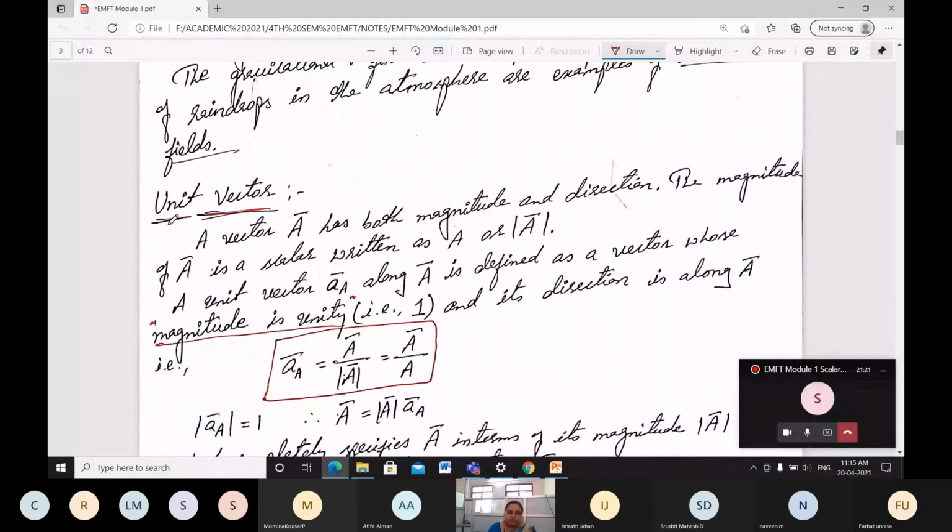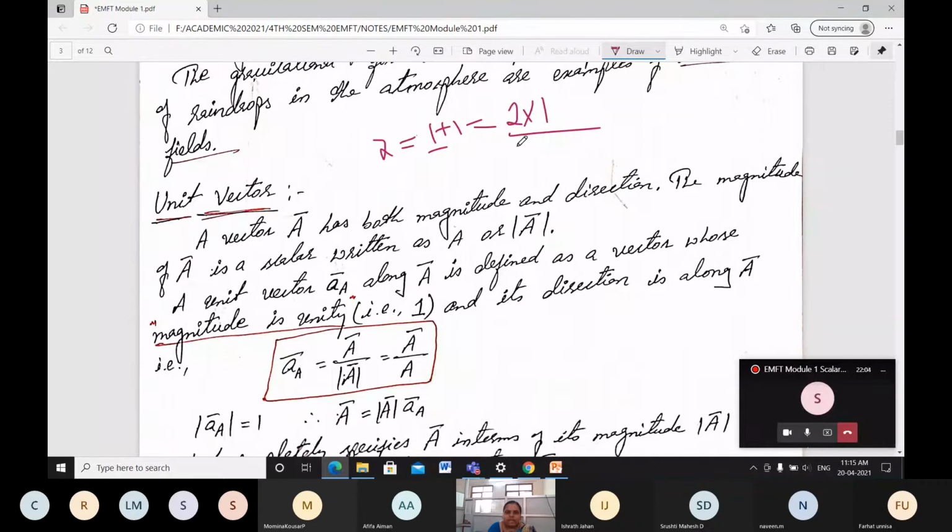Next important topic is the unit vector. When can I call it a unit vector? For numbers, if I represent a unit, it means 1. If I want to represent 2 in terms of units, I can write 1 plus 1, which equals 2. Again, 2 in terms of units means 2 into 1. Like that, I can write numerous values in terms of ones, right? In the same way, using the same method for a vector quantity, I am going to represent 2 into 1.